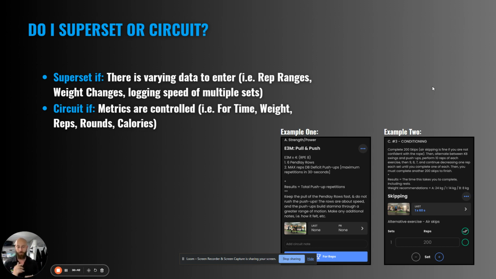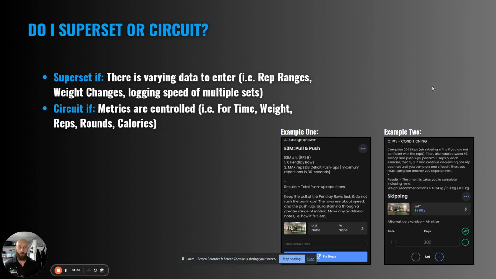That would need to be a superset so that you can input the variable data. But the fact that we only want to know your total reps, that's why it was put as a circuit there. And then in reverse on example 2, pretty much everything you've got written up the top there could just be written out, displayed how it is in example 1, and then that would just be turned into the circuit.